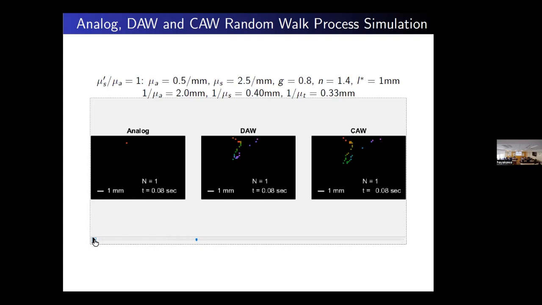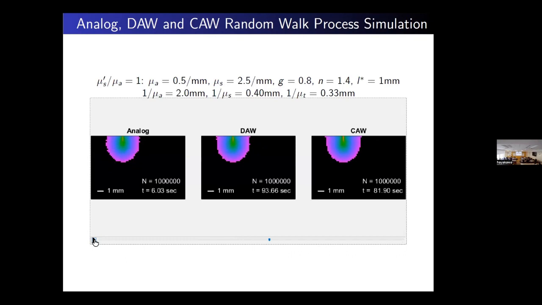You'll see how the path of the photon moved along here, and with CAW here, slightly different. I seeded them with the same seed for the random number generators. It kind of has the same signature, but because this is sampling collision distances using 1 over us versus 1 over mu t, it's moving further on each collision. I'm also adding time in here too, because you'll see how analog has a benefit that way.